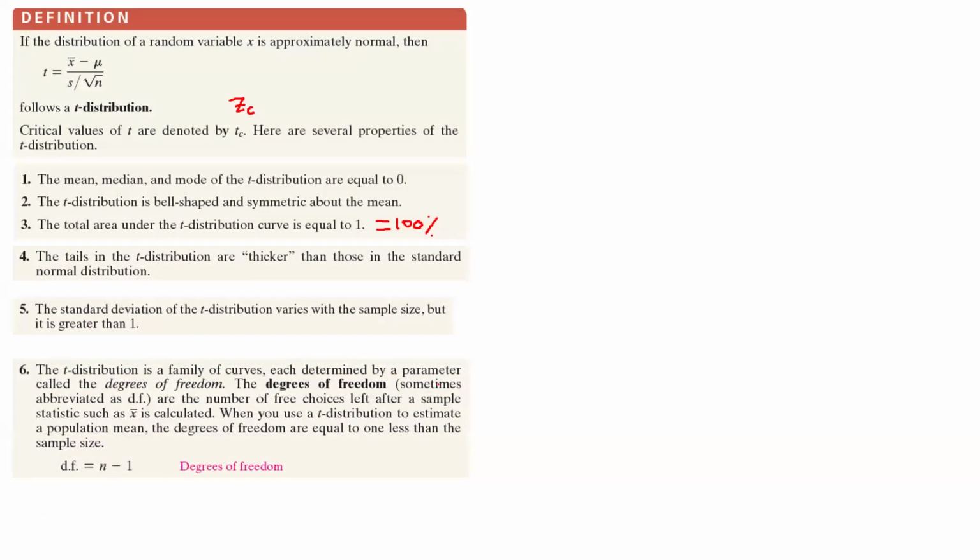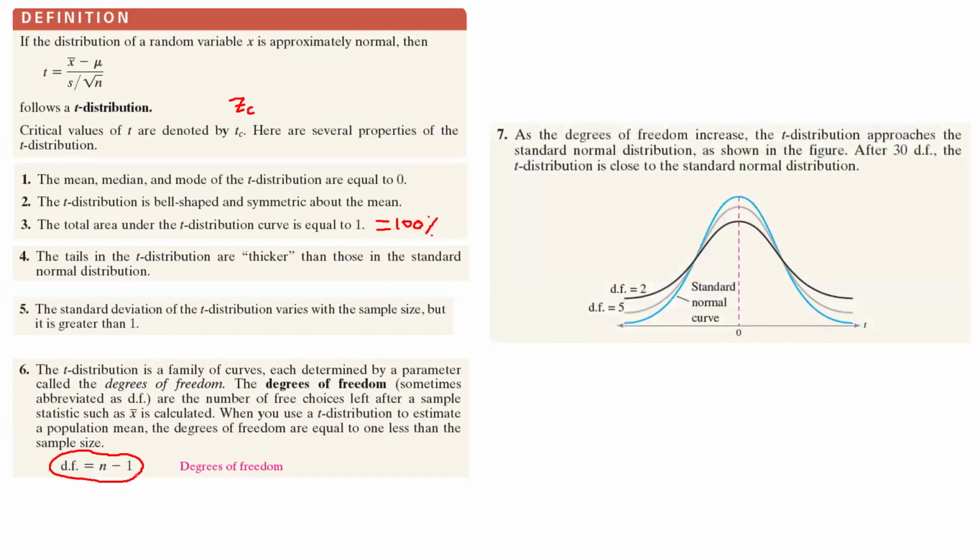Each one is determined by a parameter called the degrees of freedom. The degrees of freedom, sometimes abbreviated as df, are the number of free choices left after a sample statistic such as x bar is calculated. When you use a t distribution to estimate a population mean, the degrees of freedom are equal to 1 less than the sample size. So the degrees of freedom is n minus 1. The visualization for a t distribution is like this. If the degrees of freedom is equal to 2,